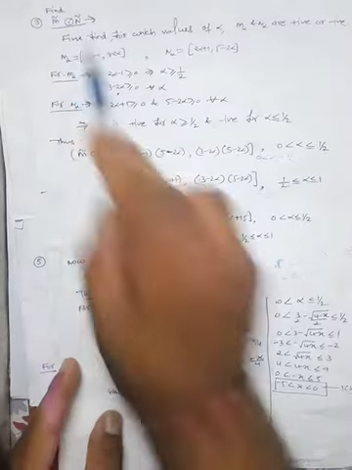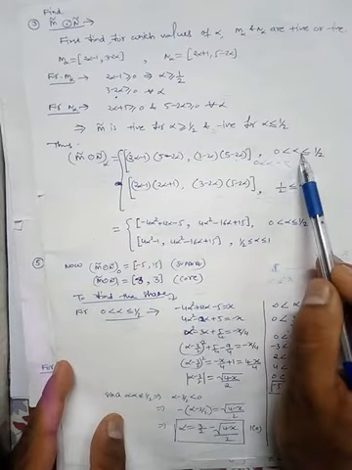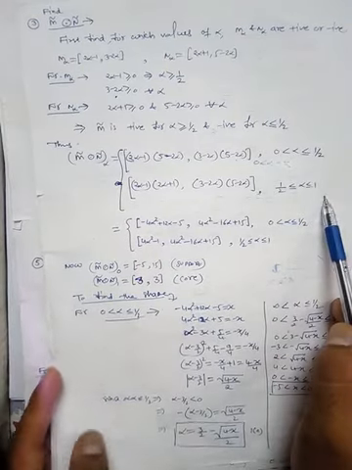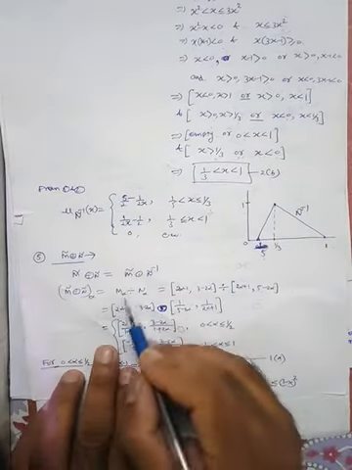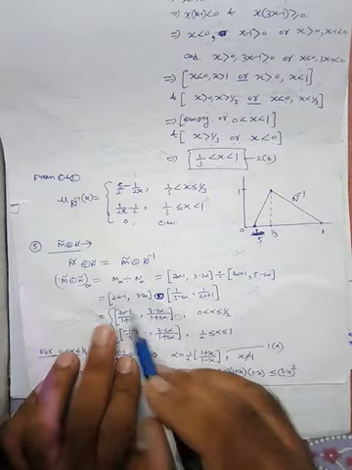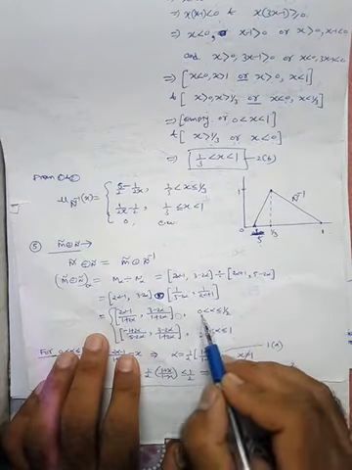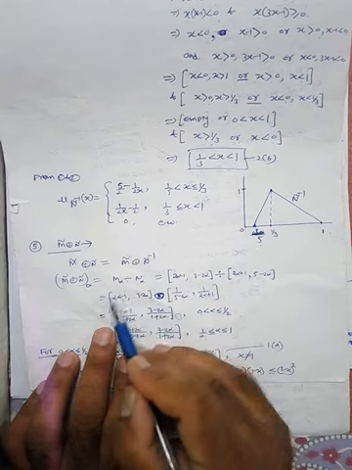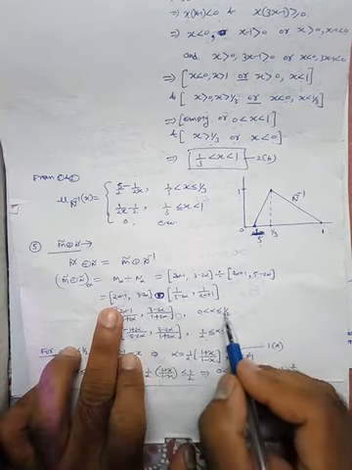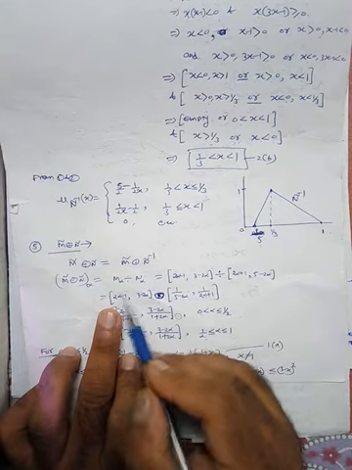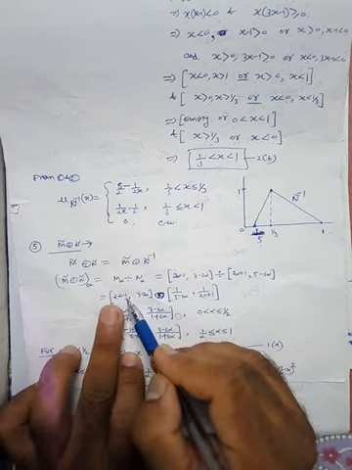You remember in the previous video we took this product and divided the range from 0 to half and half to 1. Similarly here, since we are using this division and m alpha is involved, we have to divide the range from 0 to half and half to 1. For 0 to half, this number is a negative number. As you put the value of alpha as 0, here -1 will come. As you put alpha equal to half, 0 will come. That means for this range, this quantity will be a negative quantity.